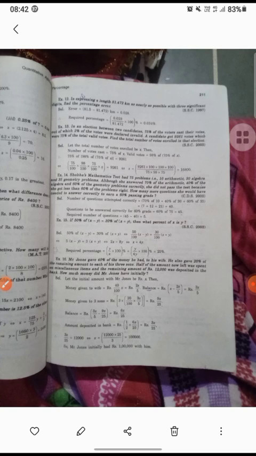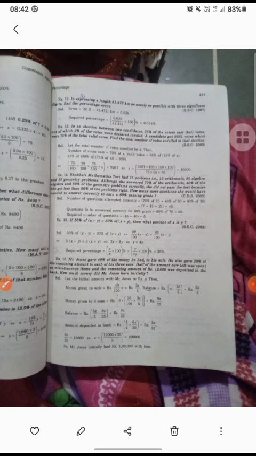Shobha took a mathematics test with 75 problems: 10 arithmetic, 30 algebra, 35 geometry. Although she answered 70% of arithmetic, 40% of algebra, 60% of geometry correctly, she did not pass the test because she got less than 60% of the problems right. So 70% of 10 plus 40% of 30 plus 60% of 35, that is 7 plus 12 plus 21 equals 40. The number to be answered correctly for 60% grade is 60% of 75, which equals 45. So the required number of questions is 45 minus 40, that is 5.